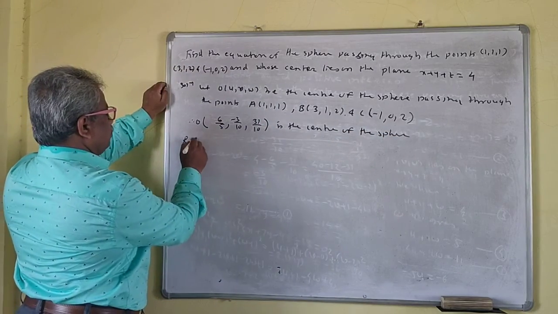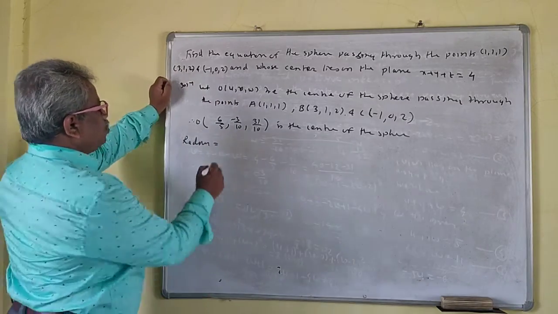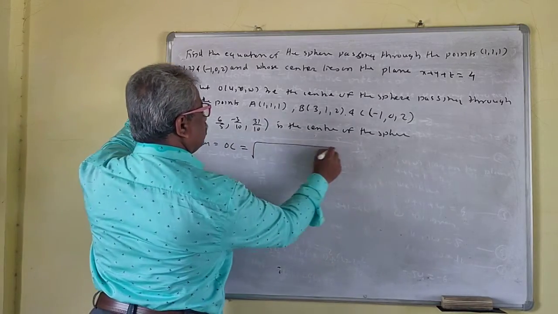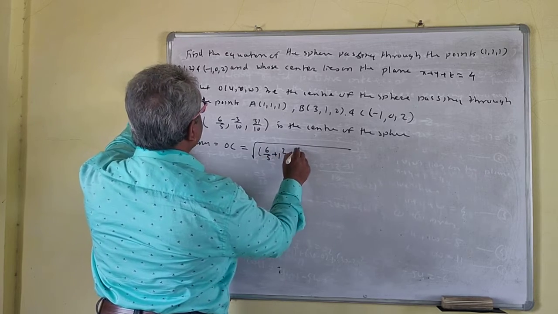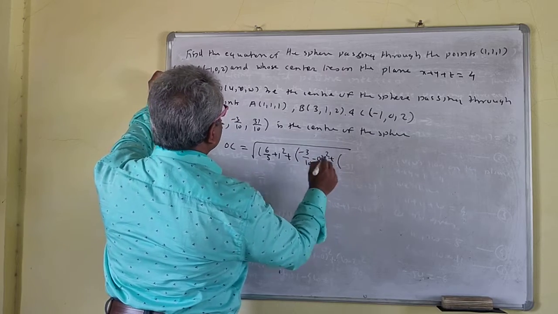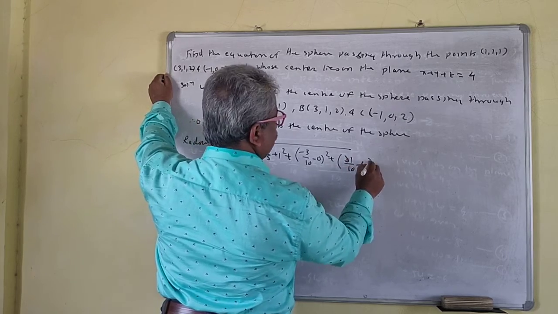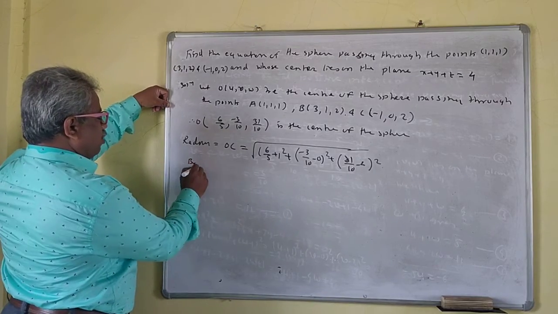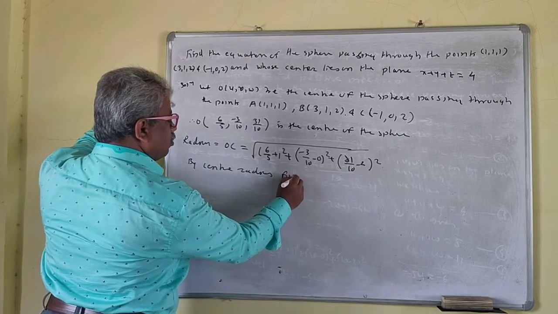Okay, so radius. Which one is simpler? This one is simpler, OC. We'll find OC now. So this is (6 by 5 plus 1) square, we are not simplifying this, plus (minus 3 by 10 minus 0) square, plus (31 by 10 minus 2) square. We are not simplifying this. By center radius form,